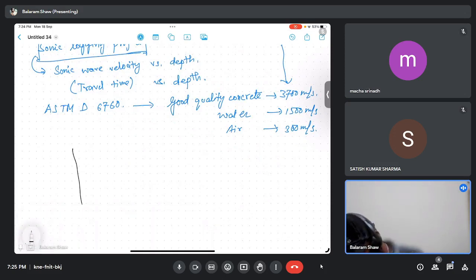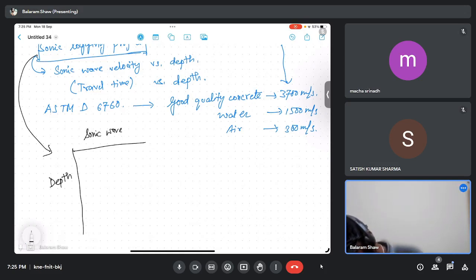some kind of sonic logging profile. This sonic logging profile I'm drawing here. Okay, so it will be, let us say, depth and sonic wave velocity. Sonic wave velocity, it will be in meter per second or feet per second, based on wherever you are doing. So what will happen, let us say here we are doing, so if the strength is proper,